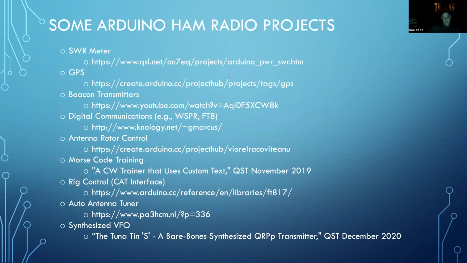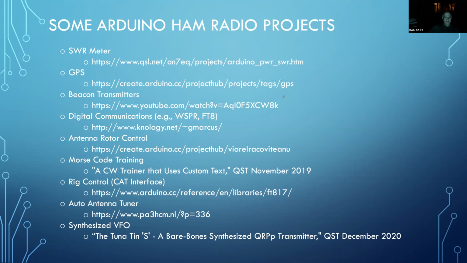I wanted to give you a list. I'm not going to go through all these individual interfaces, but there are some really neat projects out there. Some of these, I hope you get a chance to take a look at. SWR meters. Remember that we've got A to D converters inside the chip. So for example, if you can measure the forward voltage and the reverse voltage, which can be done with a very simple SWR bridge, then you can use the Arduino to sample that,